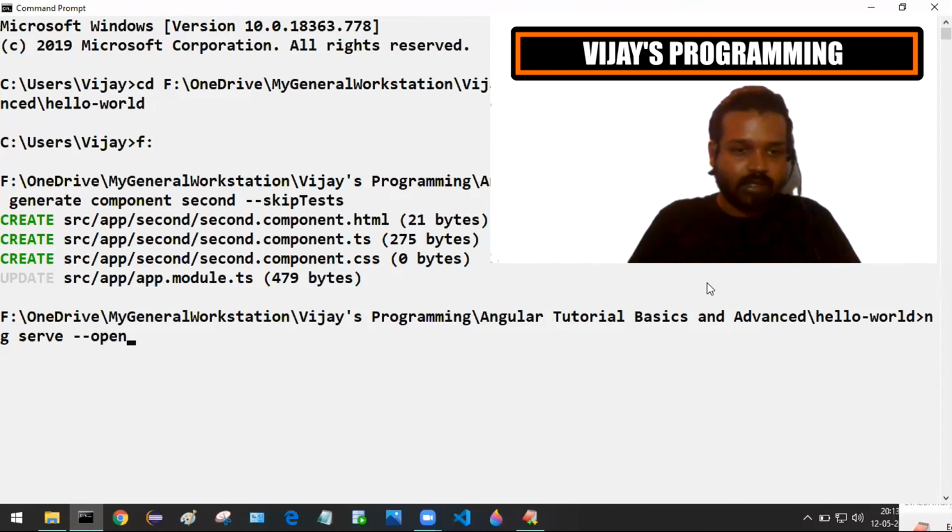It will automatically open it in the default browser in a new tab, and we can see our app running. Press enter. It will take a few seconds to build and compile our Angular app and to display the result in the browser. So please have some patience.